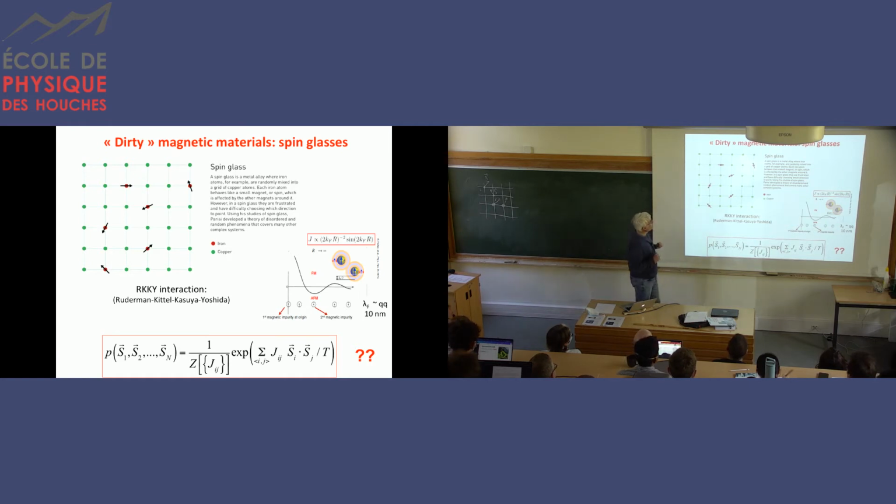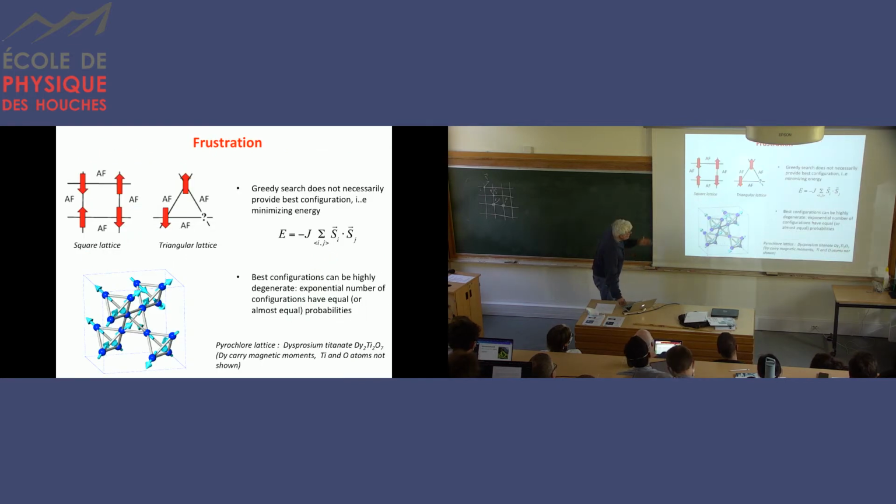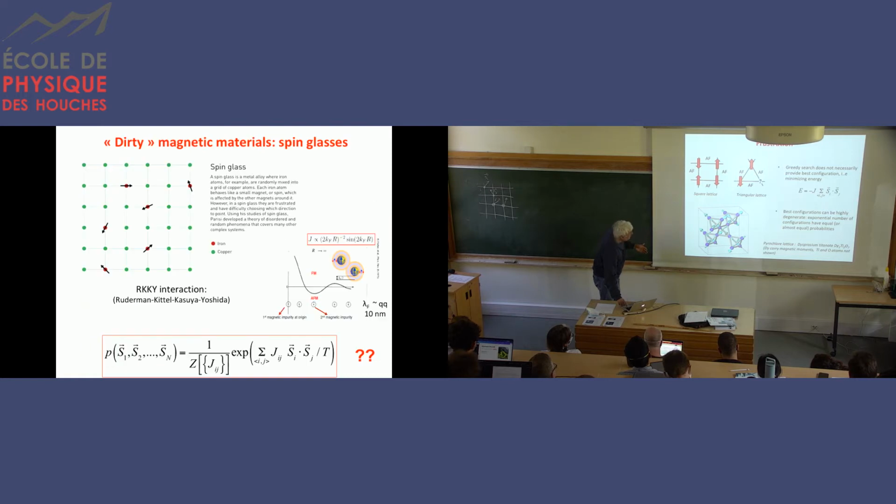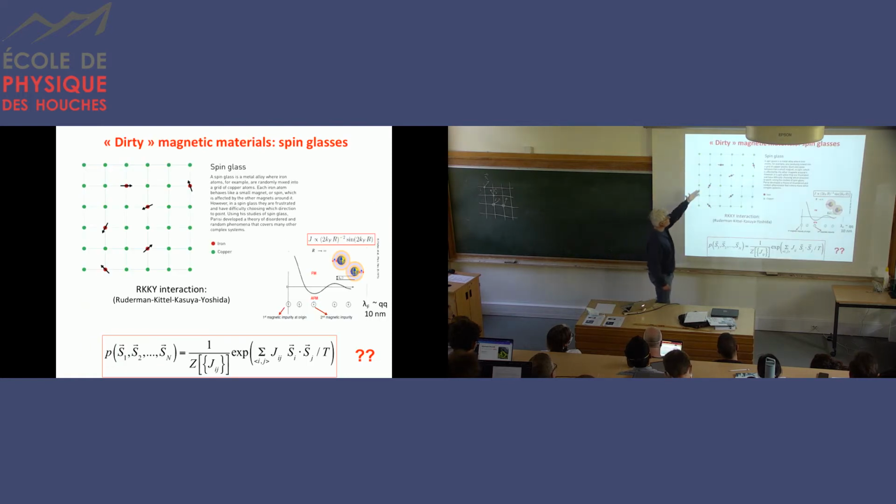This is what people call spin glass. In spin glasses, the situation is even worse than that. Here we still have a periodic lattice, but this periodic lattice is lost. Essentially, the spins are carried by some impurities, some specific atoms, which are more or less randomly scattered in the material. And they will carry momentum, these magnetic moments.